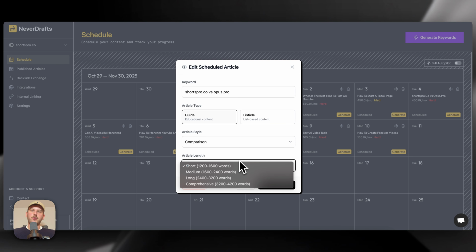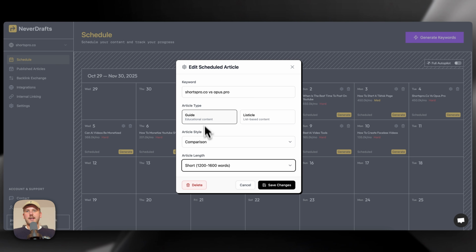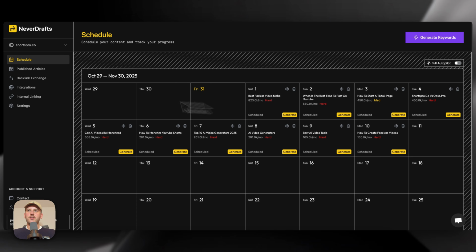For us, we'll keep this one short. And I like it as a comparison rather than a listicle. I might want to use a listicle for something like top 10 X tools to do X. But for this keyword, I think this is pretty good. Now, before we go ahead and generate that,